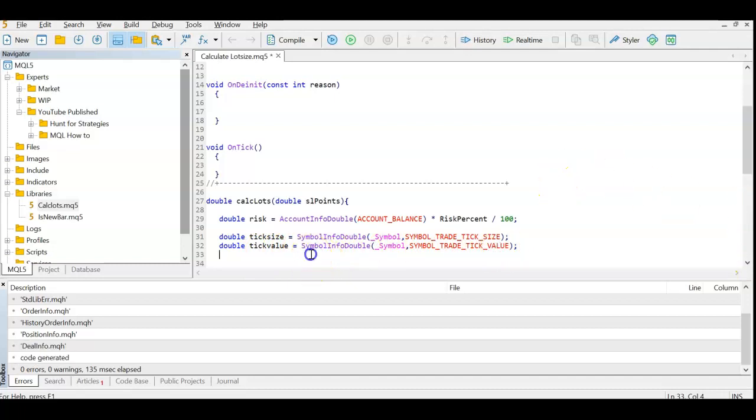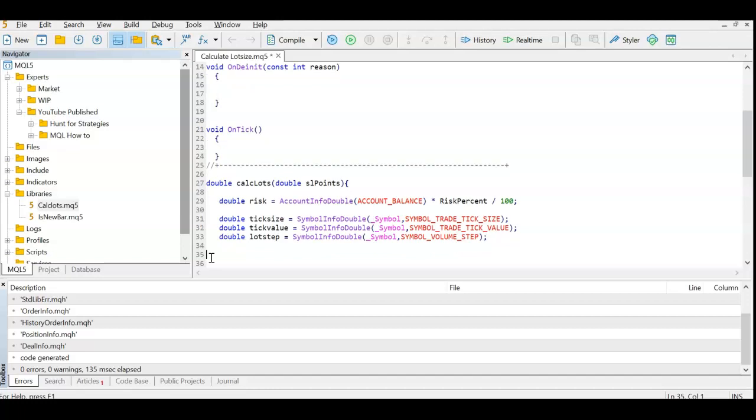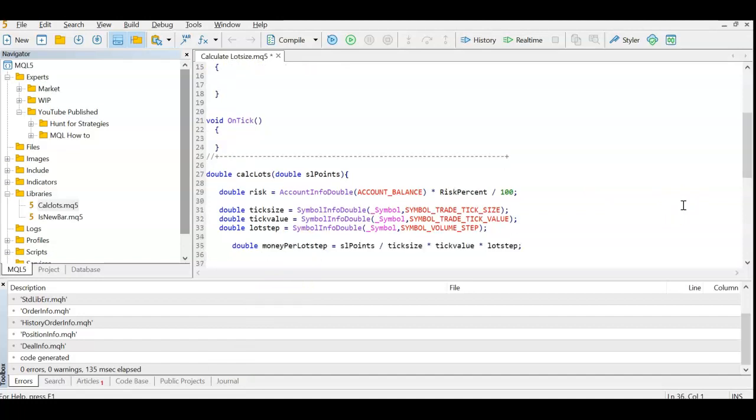And then the third thing we're going to need is the lot step. It's how from 0.01 lot size it can go to 0.02. We need these three to calculate our exposure, in the sense of, for every lot step per tick, how much is the value that we are risking? And that we can define as a double, the money per lot step, which is the amount of stop loss points that we will send to this function,